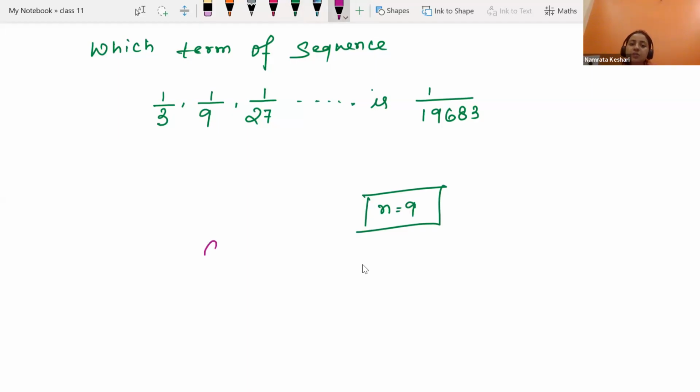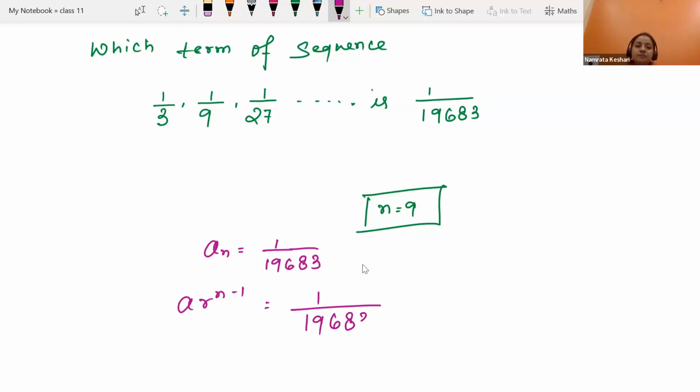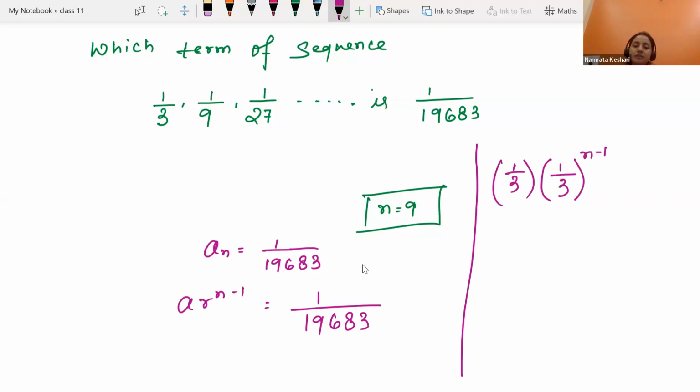We'll say let's assume that the nth term is this. The nth term formula is a r to the power n minus 1, that is, a is 1 by 3, r is, what is r? 1 by 3, n minus 1, that is